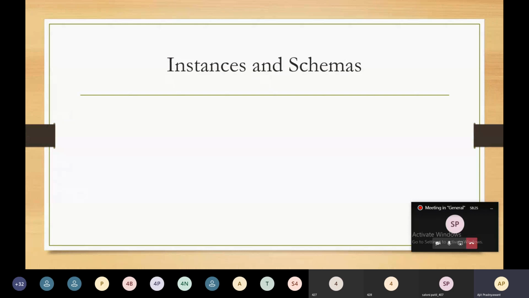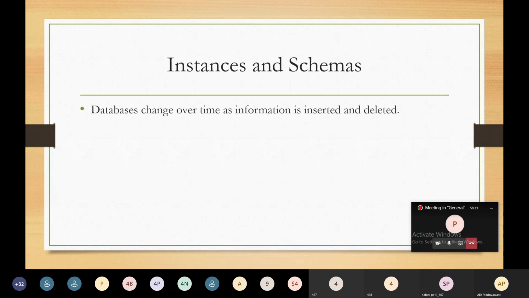So the next point is instance and schemas. What is an instance, and what is meant by schema, that we are going to see. The database changes over time as information is inserted and deleted.